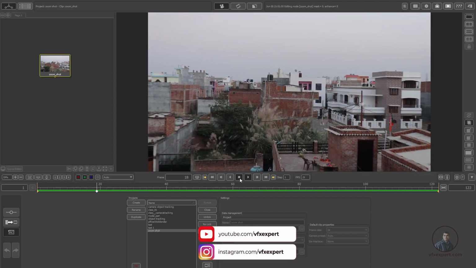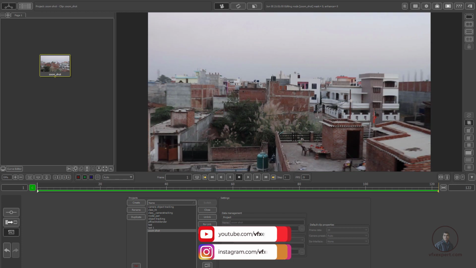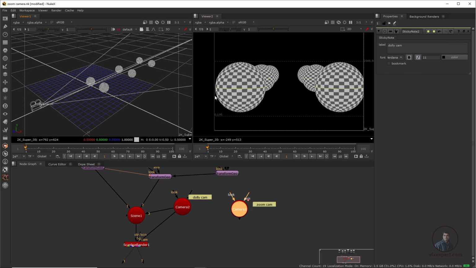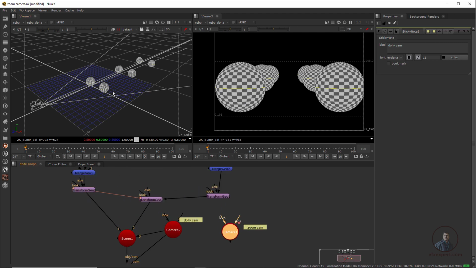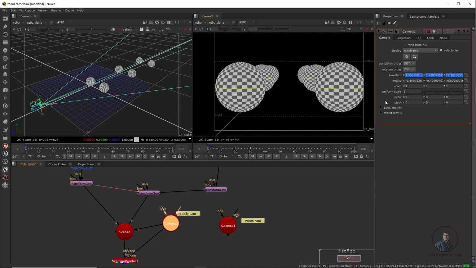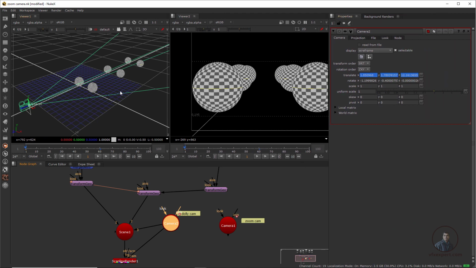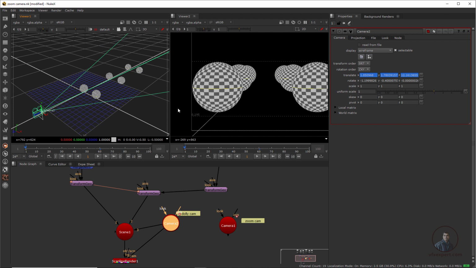Before tracking, first we are going to understand the difference between a dolly shot versus a zoom shot. Just for explanation, come here in Nuke. Here in Nuke, I have created this basic 3D setup. This is our camera, this is the camera view, and these are our elements. A dolly shot means the camera is moving, dolly in or dolly out. This is our scene setup, and I have animated this camera in the Z position. Just double click here. If you see, this is our dolly shot, meaning the camera is moving towards our scene, going inside our scene.